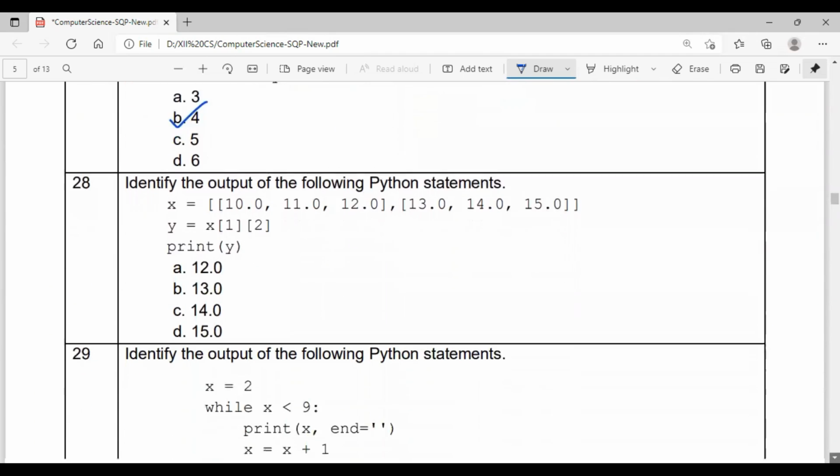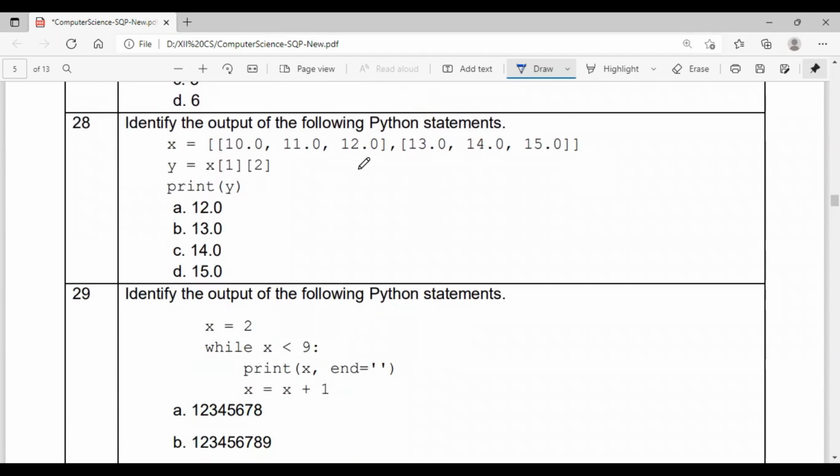Identify the output of the following Python statement. This is the Python statement. It's in the form of a nested list, and you are asking y is equal to x of 1, 2. So this is the list, isn't it? It's a nested list. This is the first row data: 10.0, 11.0, and 12.0.